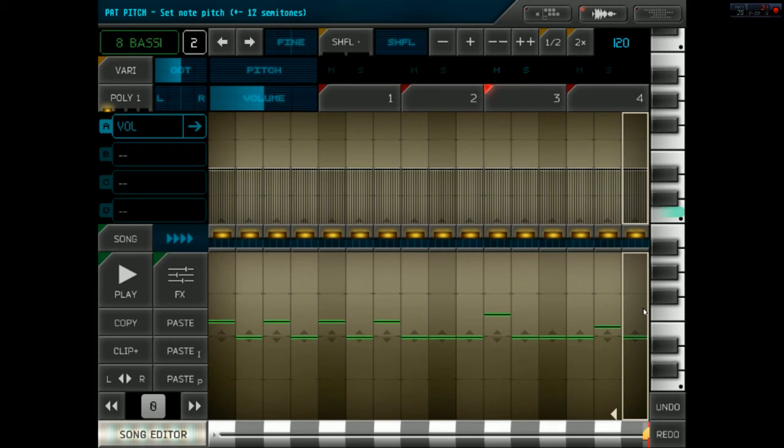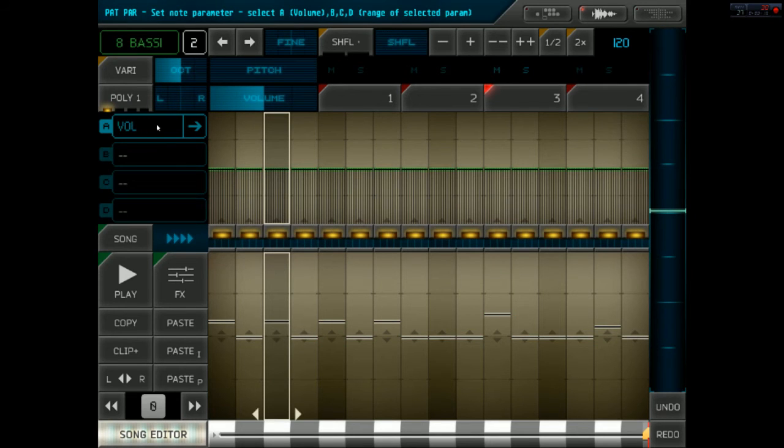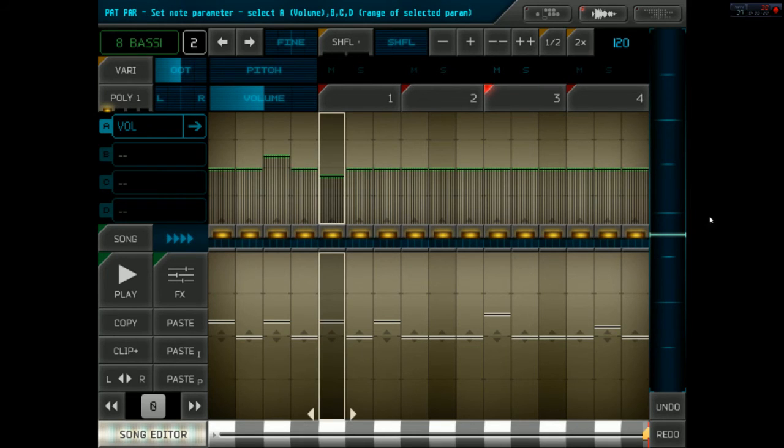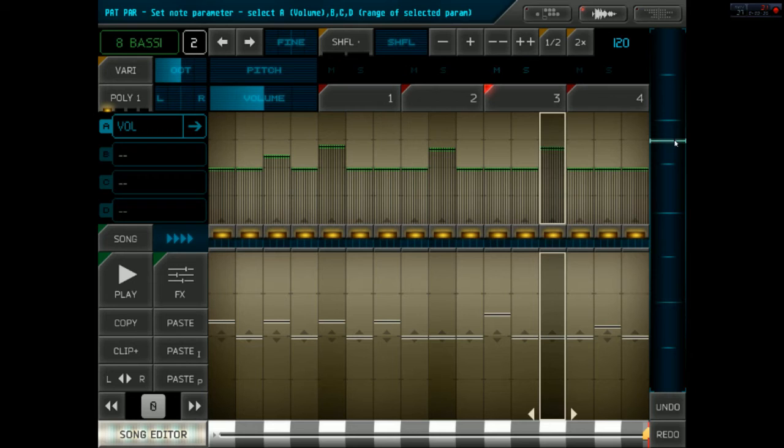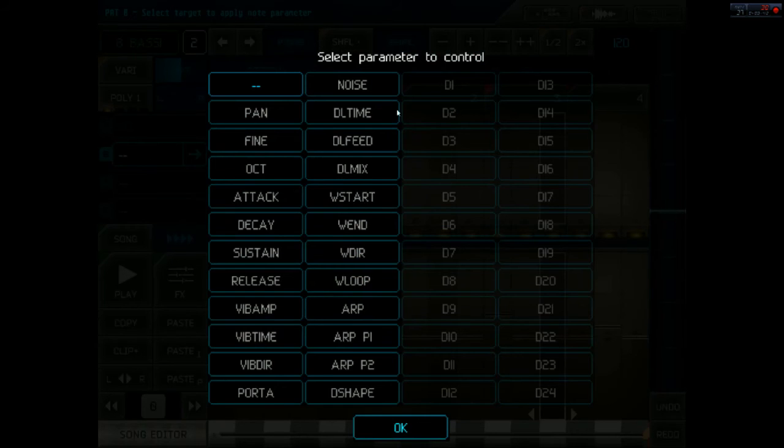However, the editing capabilities don't stop there. As you can see, if you select a note, you can change things such as its individual volume. As you can see, it's often easiest to use the sidebar here, which corresponds here. And you can have up to 4 controllers per voice. A large selection of things to play with there,